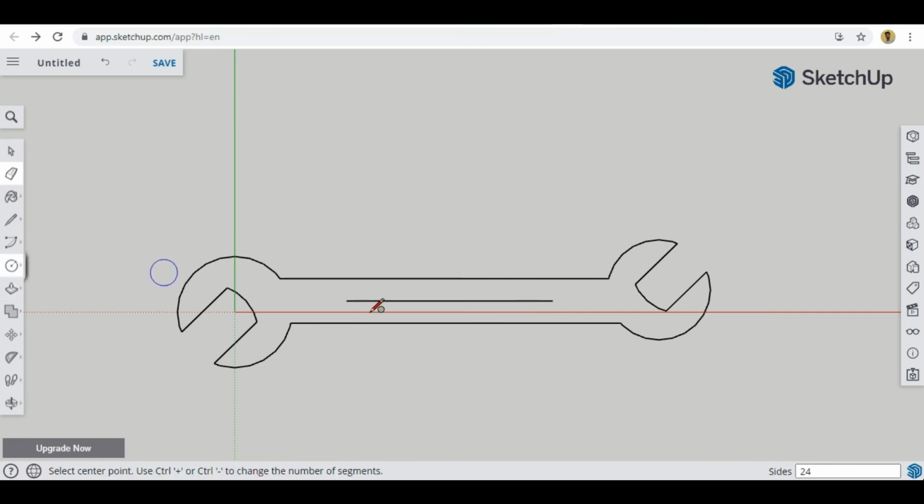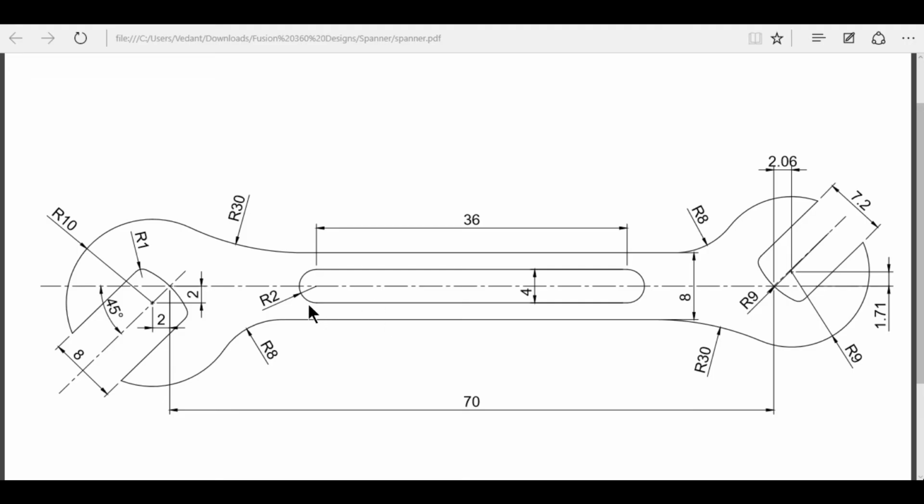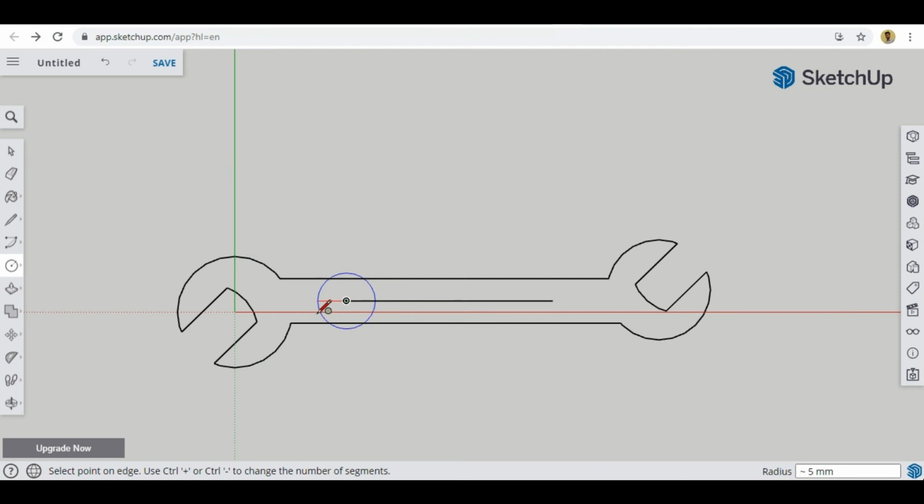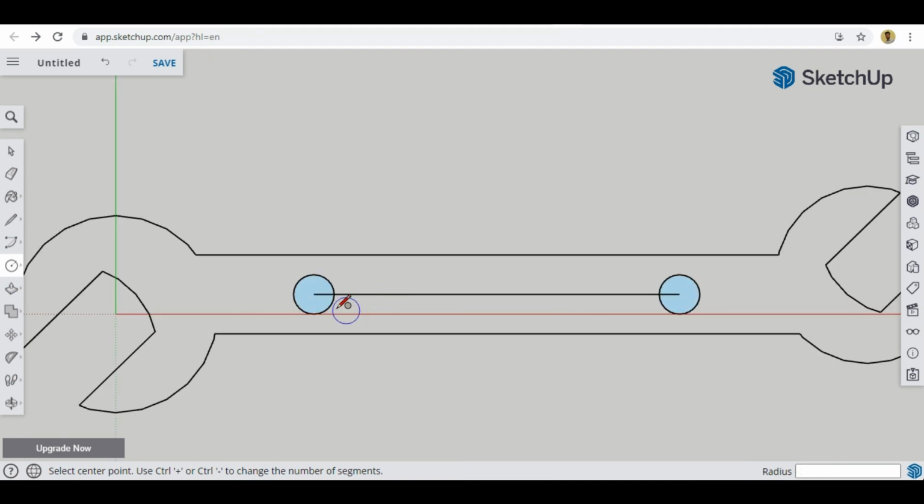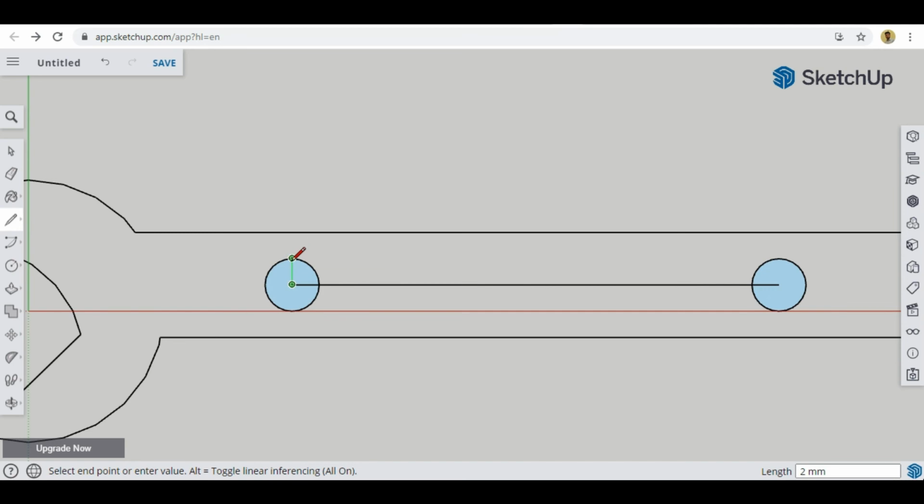Now I can create two circles of 2 millimeter radius. You can see here, 2, enter, and again 2, enter. So now I have these two circles. Now I will create these straight lines, and I will join this line till here.